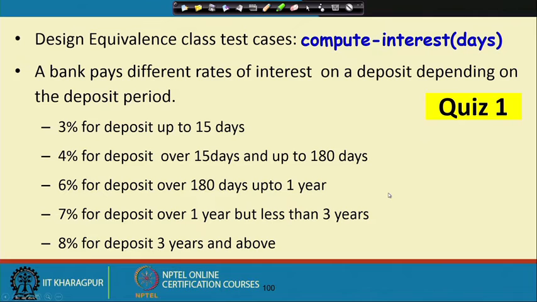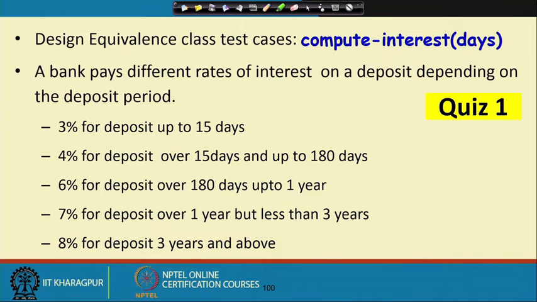Let us see, let us try to solve some examples. Let us say for a bank application, we have a function. The name of the function is compute interest and the parameter is days, which is an integer, and the function description is that